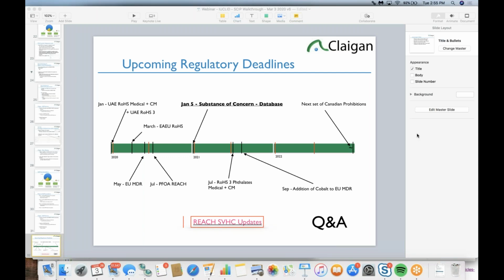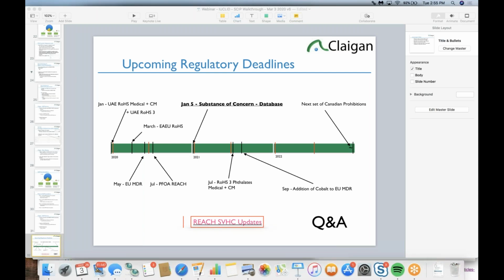Great question. Is there a grace period between when the candidate list is updated and a dossier on SCIP will need to be updated? So enforcement is at the nation-state level, so ECHA can't tell you specifically, but the commonly accepted practice is 1 year. It's not official because legally it's controlled by the national authorities. We have never seen enforcement for SVHCs within the year being published. So we're looking at a 1-year grace period. They may come out with something more explicit, but ECHA doesn't exactly control that because that's nation-state